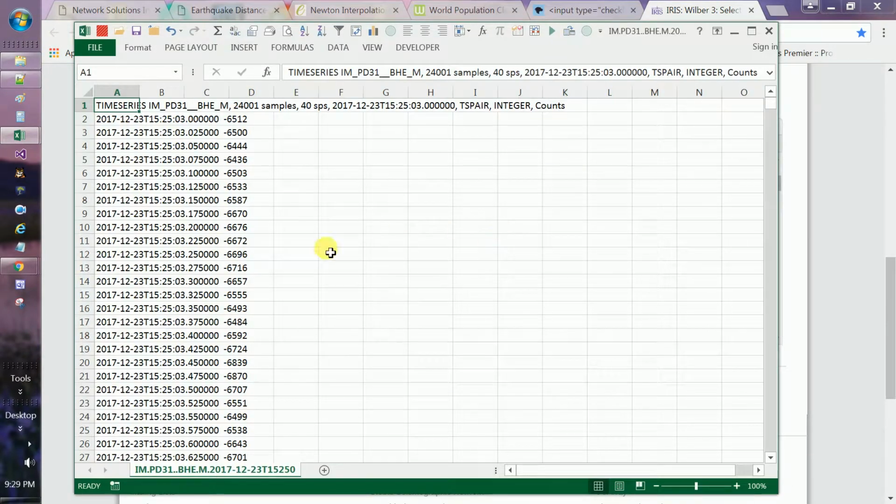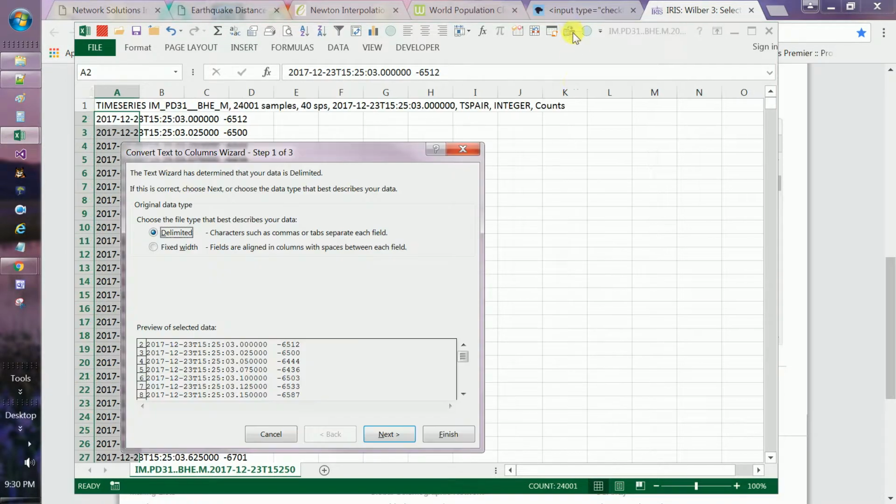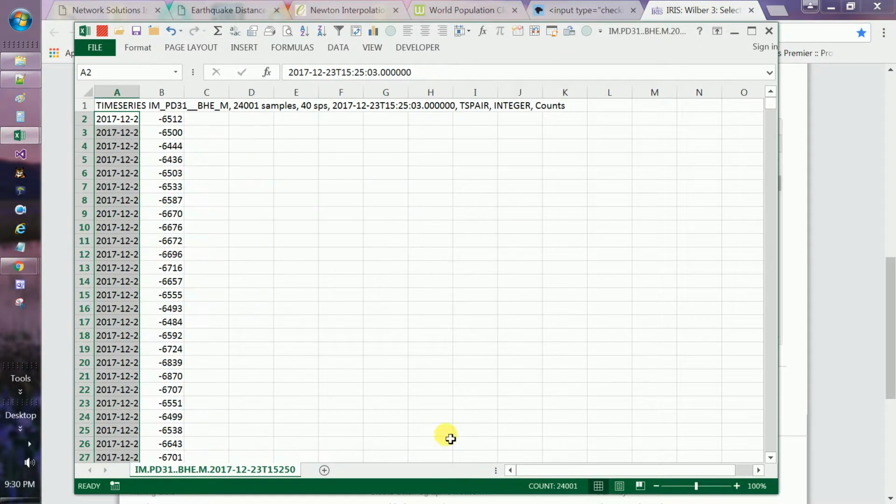If I look at that, come on. Alright, here we go. This is what it looks like. It's a text file. This is a 2-column file, 24,000 samples, and